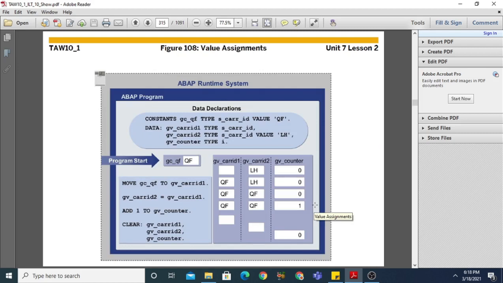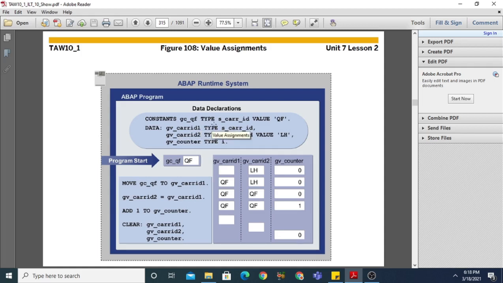The first topic is value assignments. This is the slide in which you can see a sample ABAP program on which we have declared some data. As I already discussed in the previous video, these data objects are sometimes also called variables. This is the data declaration in the ABAP program, and the first data object is gc_qf.